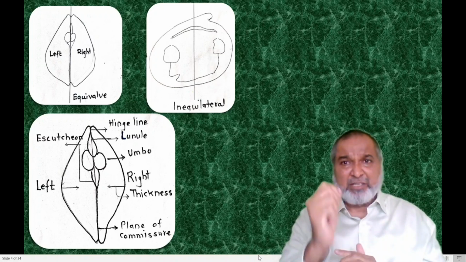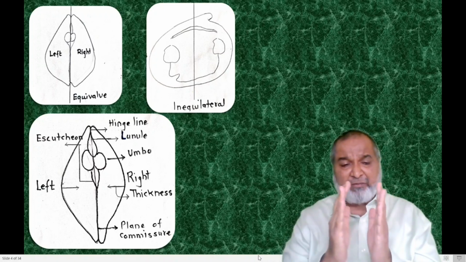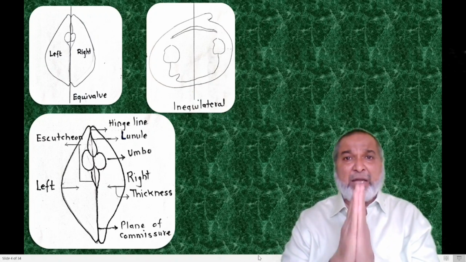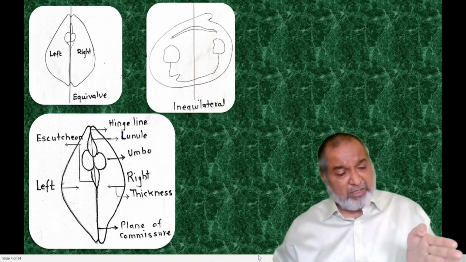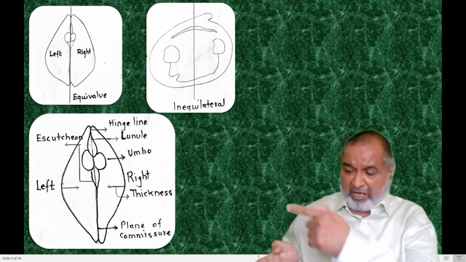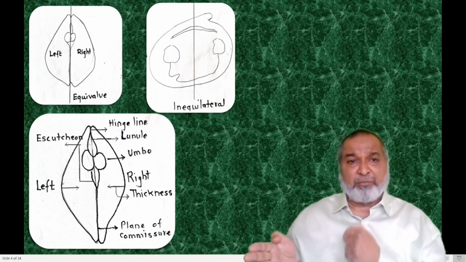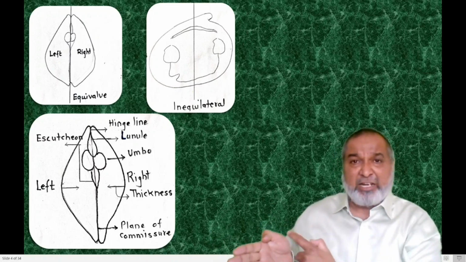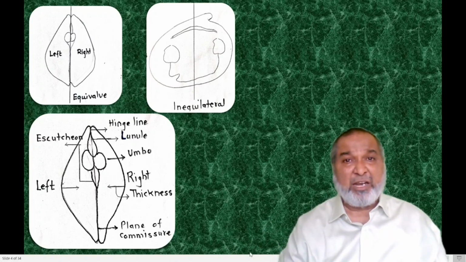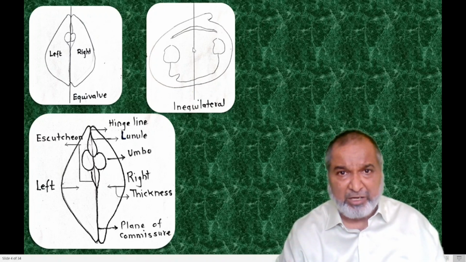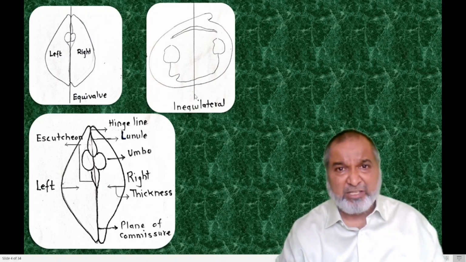Clear now? This is the first simple term about this fossil, that it is bivalve. The second one: if you take a single valve, the internal one, and draw a line from the top to the bottom, what happens? Once you divide it, it does not divide symmetrically. You can see in this diagram we have drawn a vertical line from the dorsal to the ventral. This is called the dorsal side. This is called the ventral side.